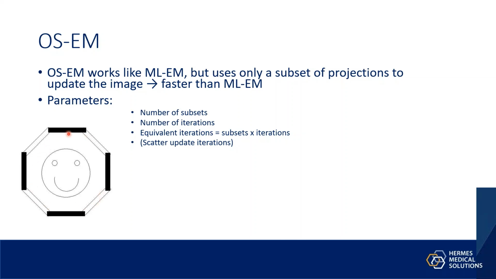We first use the MLEM algorithm with the black projections, calculate an image, and continue with the white ones. So by the time we have used all 8 projections, we have in fact updated the image 2 times. MLEM and OSEM don't give exactly the same image, but they are so close to each other